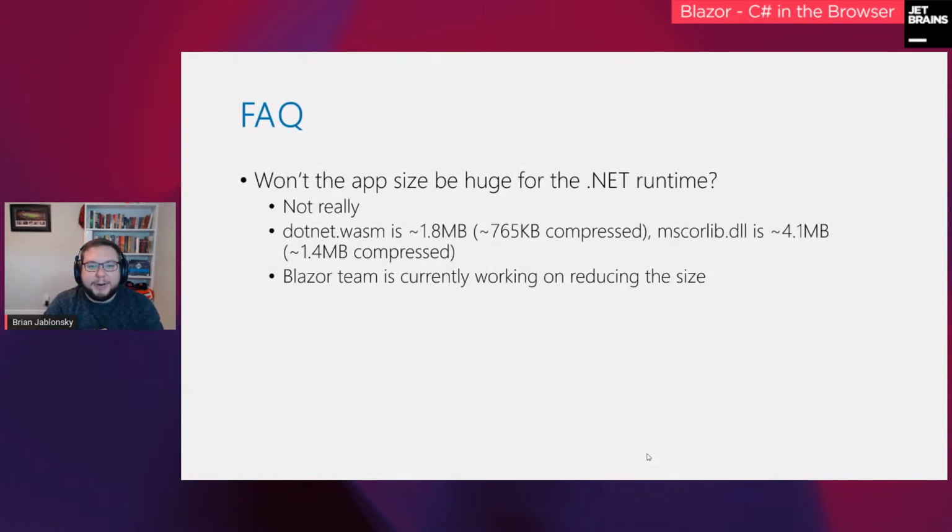So the other question is, okay, well, you're downloading a .NET runtime. Isn't that kind of big? I download the .NET runtimes, that's like 30 megs or something like that when I have to download it from Microsoft. Is every time somebody hits the Blazor WebAssembly app, they're going to have to download 30 megs worth of a runtime? Actually, no. So it won't be really that big.